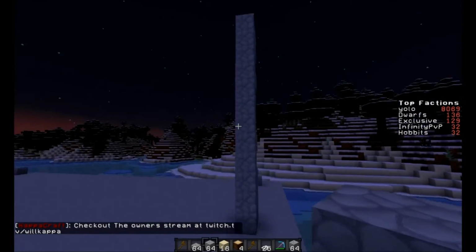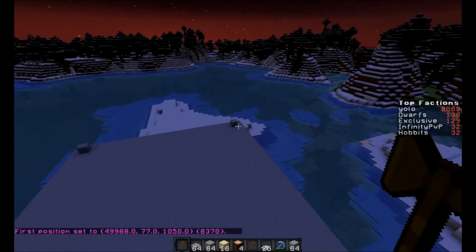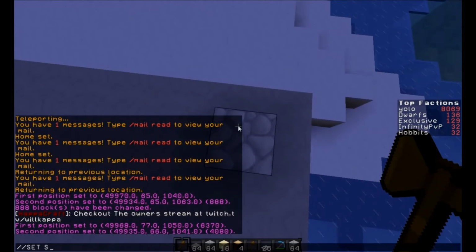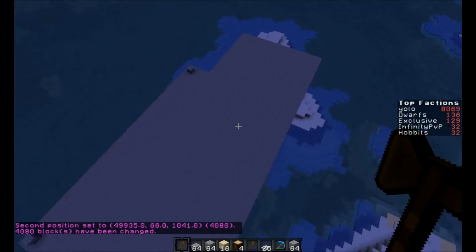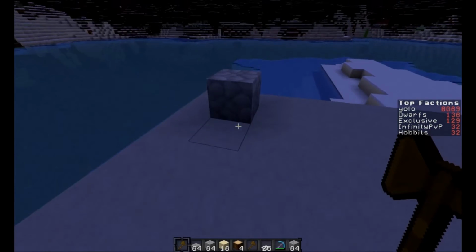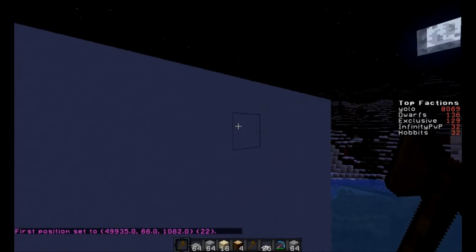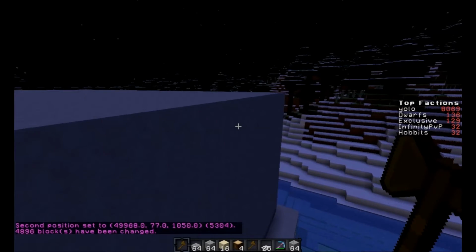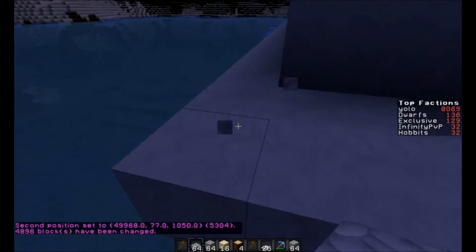And then we're going to, well, let's just take this and go over to here, and do //set stone. Okay, there we go. That's gonna be the base for this example, I guess. I think we'll do the same over here, and then drag it over here. Set stone. Okay. So basically from there, we're going to need to place around this corner,